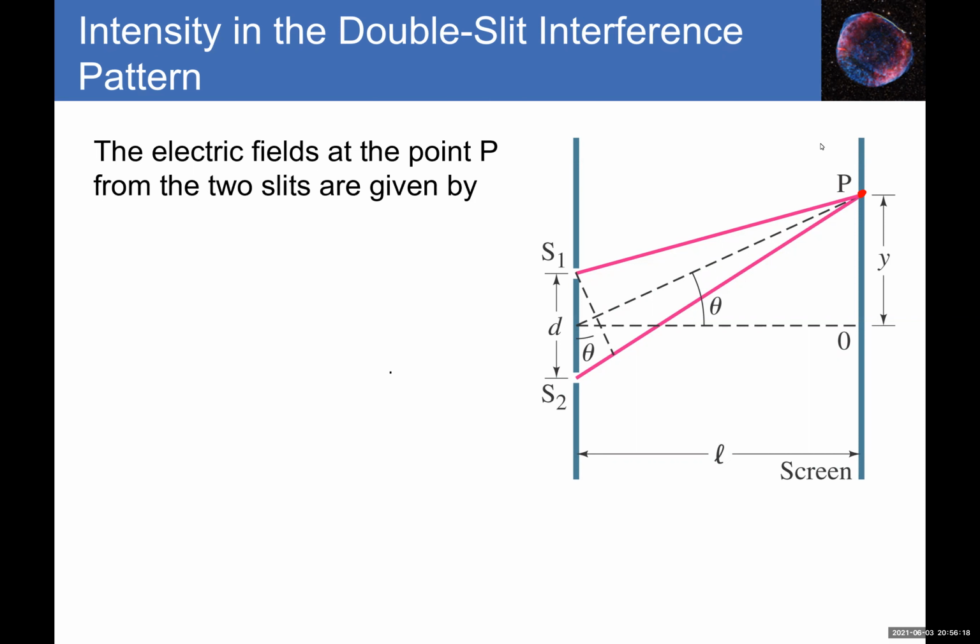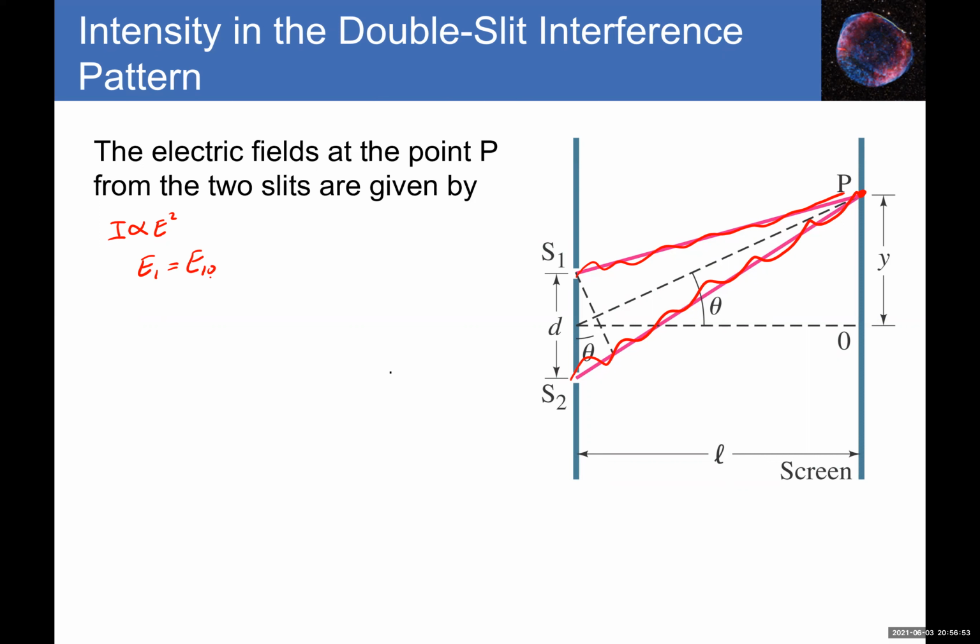If you remember in the electromagnetic chapter, we talked about how the intensity, basically the average Poynting vector, was proportional to the electric field squared. That means the electric field vector at any point P will be the sum of the electric field vectors of the waves coming from slit 1 and slit 2. That means we can write the electric field 1 in terms of